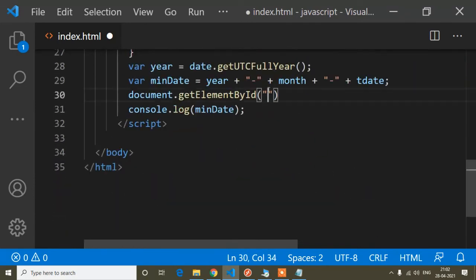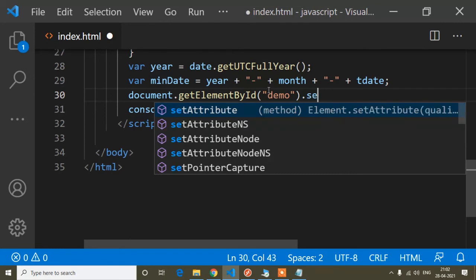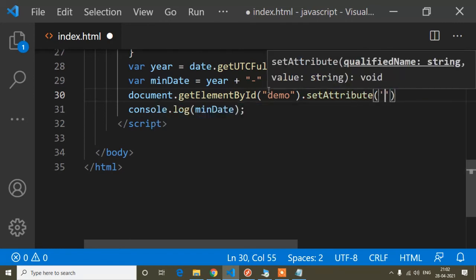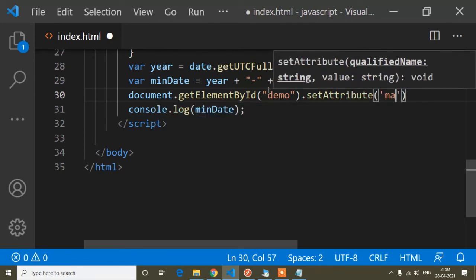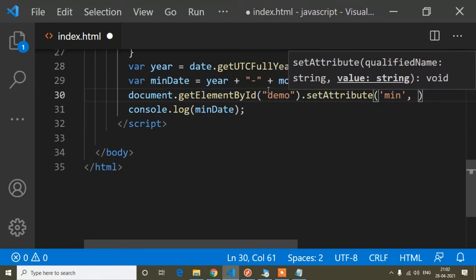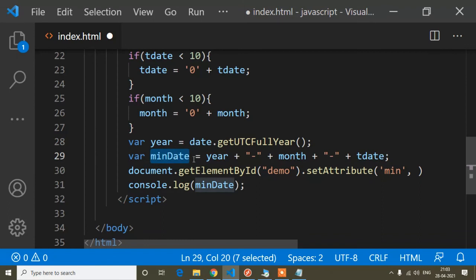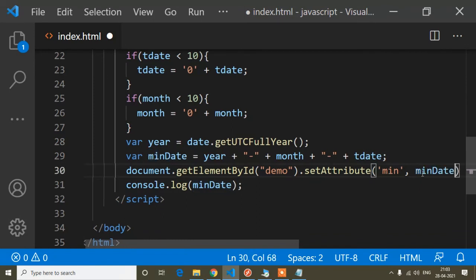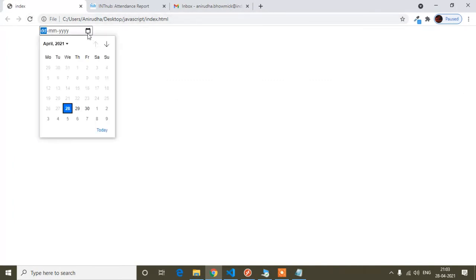So I will write demo dot setAttribute, and our attribute is min, and the value is this variable. Okay, save. And now I will remove the console, refresh. You can see it's disabled.